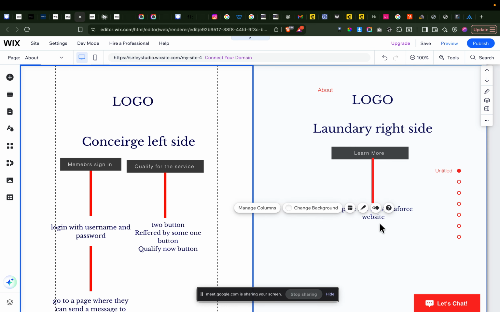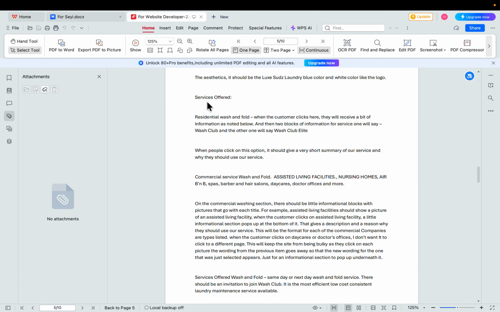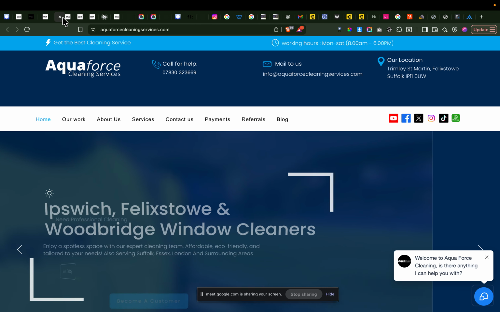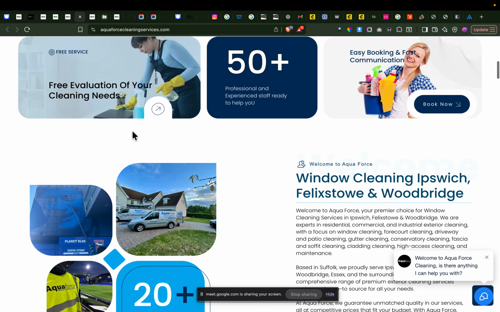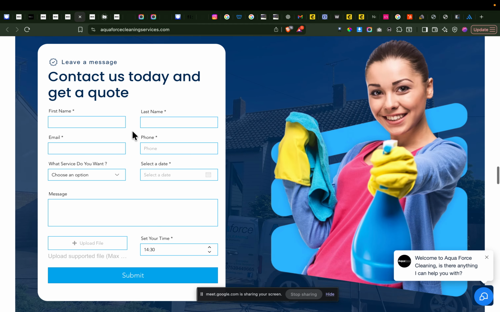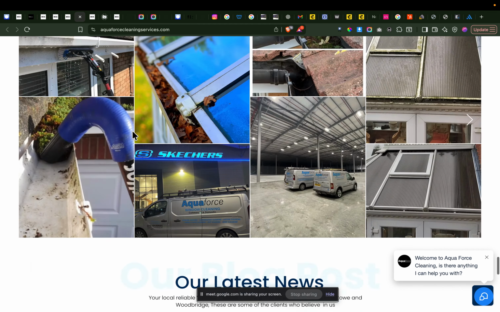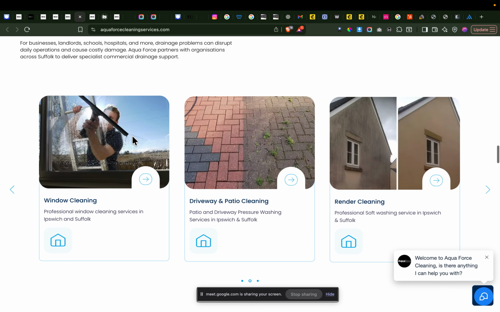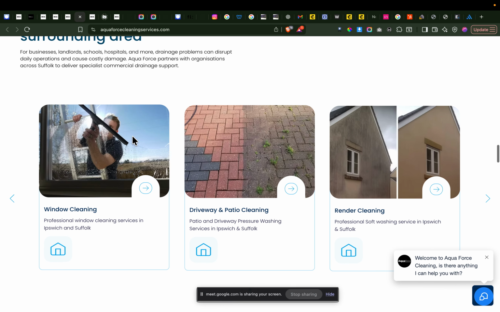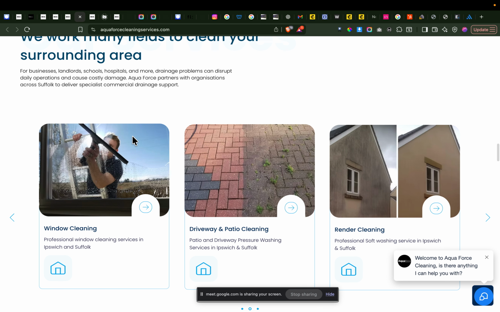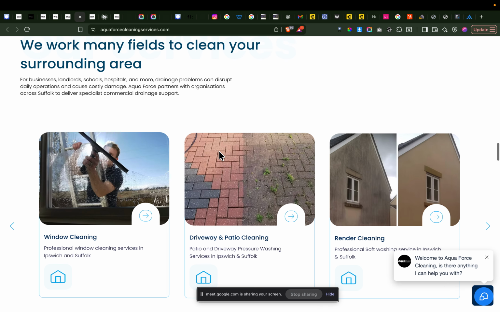So, service offer. Definitely, there will be a particular section where I can display your services offered, something like this. It's going to look like this page, but see those buttons? You see how it says window cleaning? So it'll say residential service, like I have on the form. And then the next one can say...